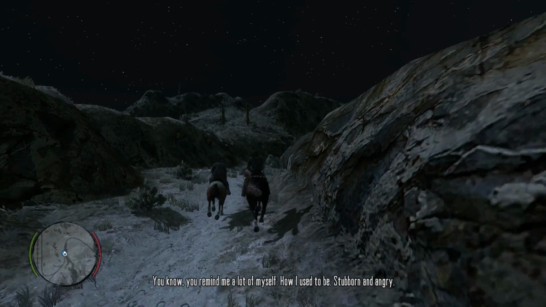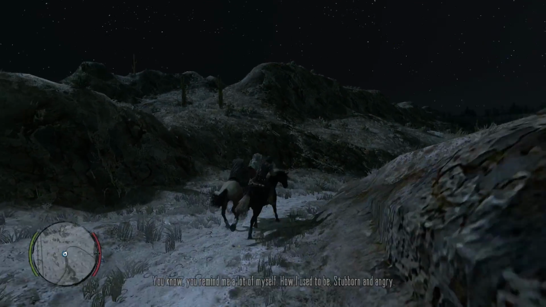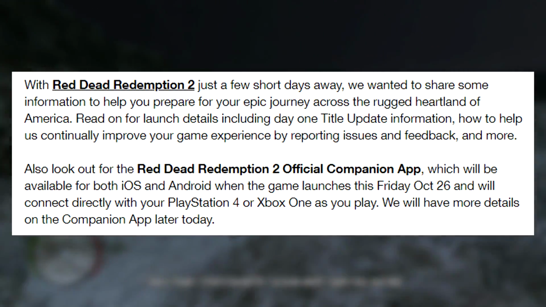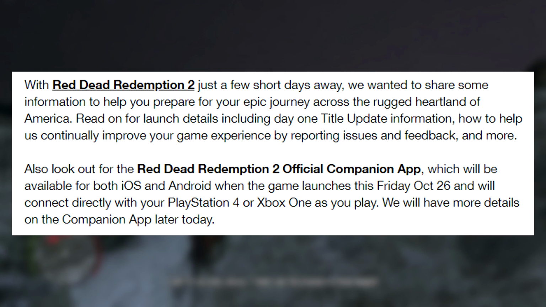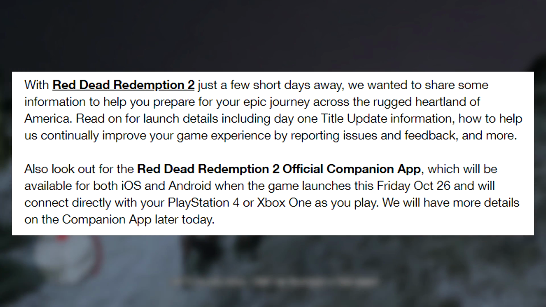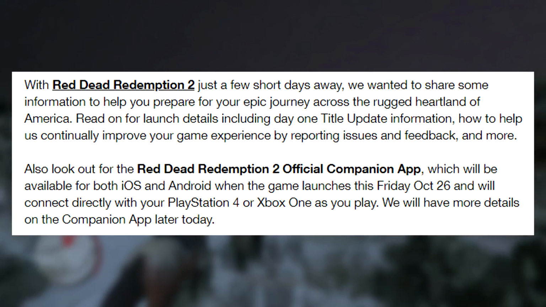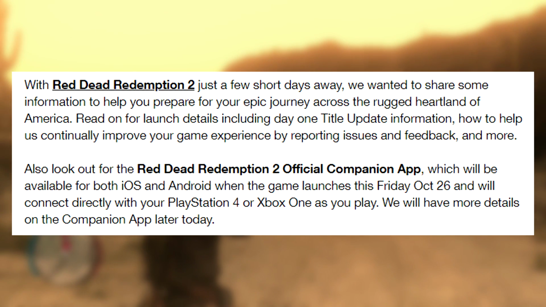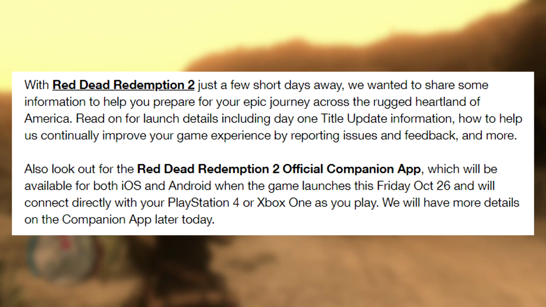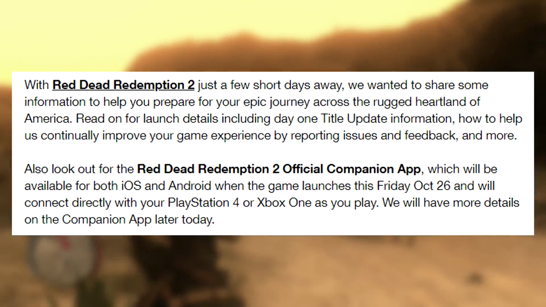Now also, Rockstar Games did announce the Red Dead Redemption 2 official companion app. This was leaked a long time ago, back in February by Trusted Review. They mentioned that it would include social elements and have some sort of poker minigame. We don't really know exactly how it's going to work. Rockstar Games didn't outline any details about it yet, but it will be launching on iOS and Android when the game launches this Friday,